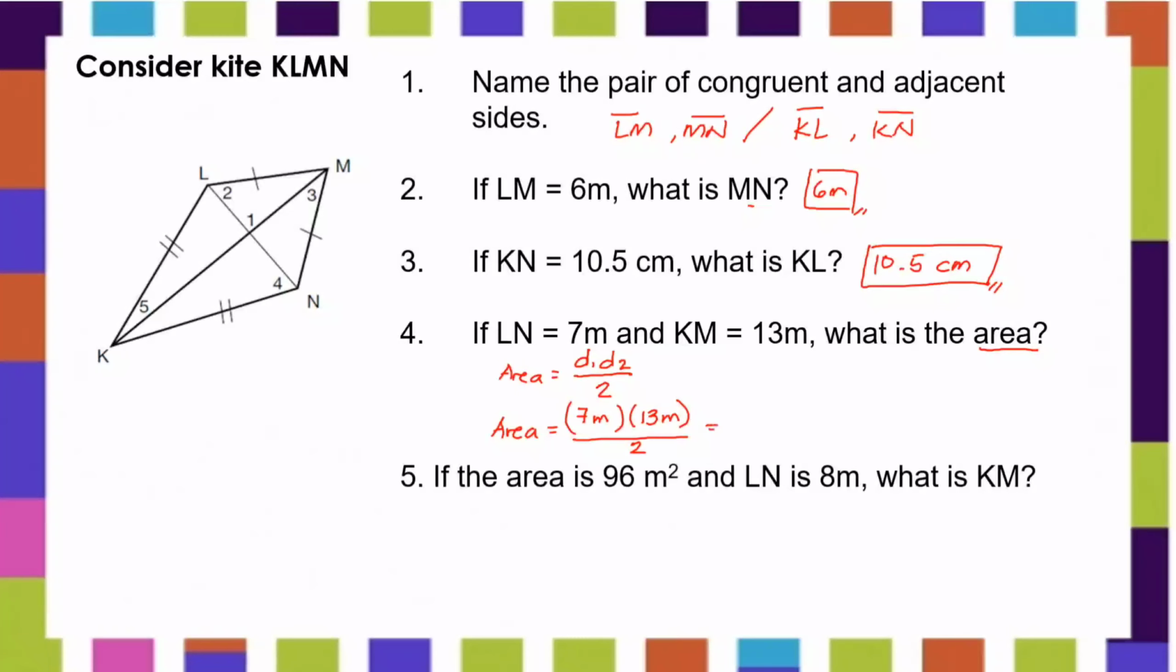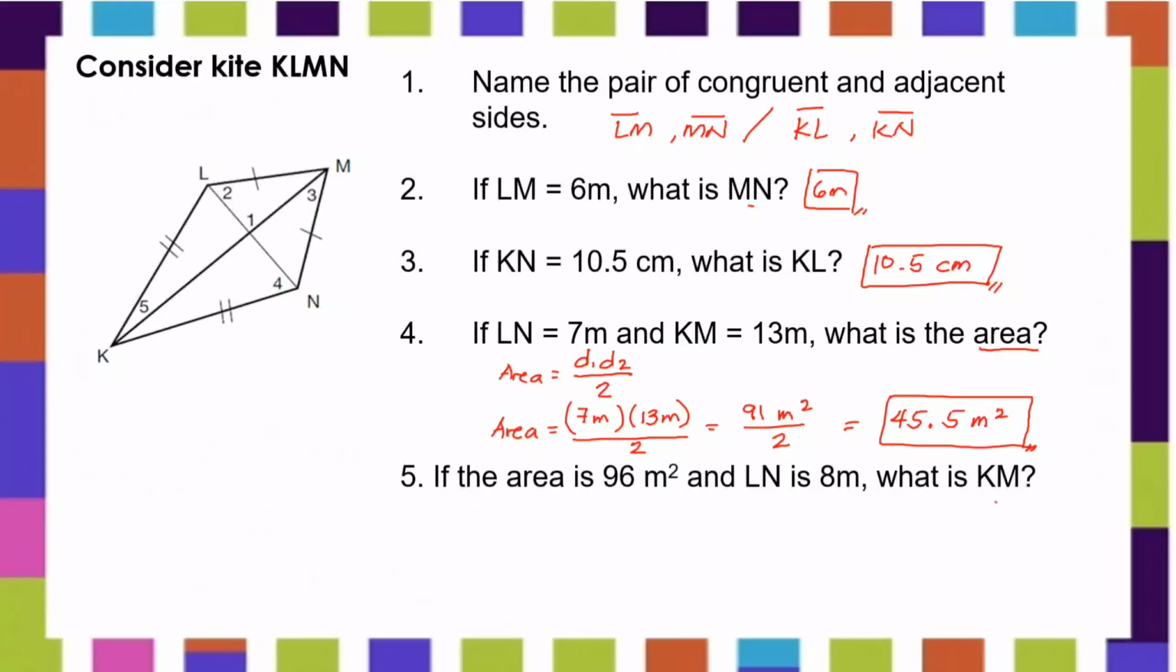Okay? So, multiplying 7 by 13, that will give us 91. Then, meters times meters will give us square meters divided by 2. Kapag dinivide naman natin yung 91 by 2, this will give us 45.5 square meters. Ibig sabihin, kapag ang diagonal ng kite ay nagme-measure ng 7 meters at ng 13 meters, ang area ay 45.5 square meters. Okay? So, for number 5, given ang area at yung measure ng isang diagonal,